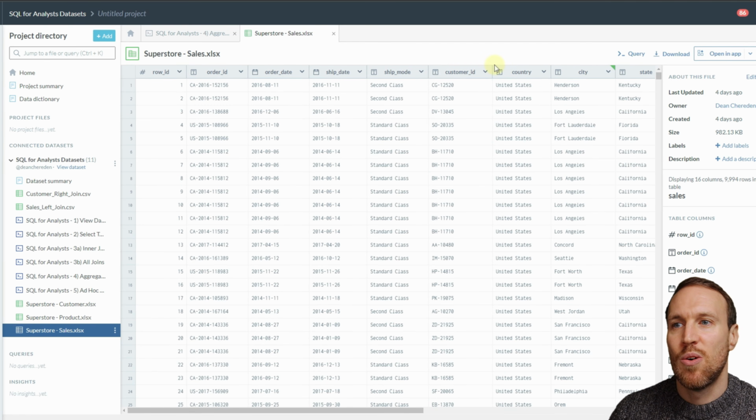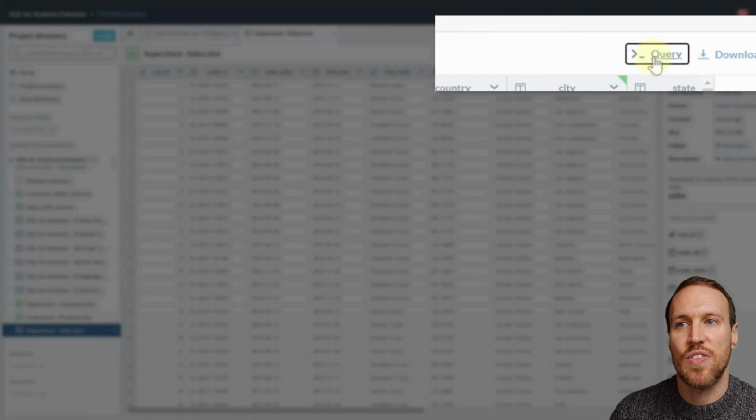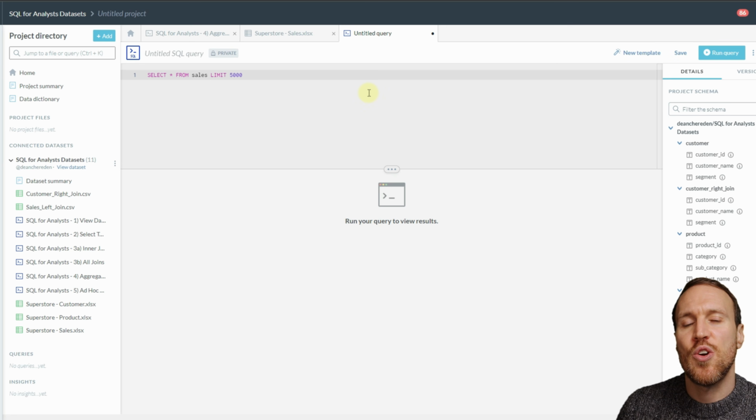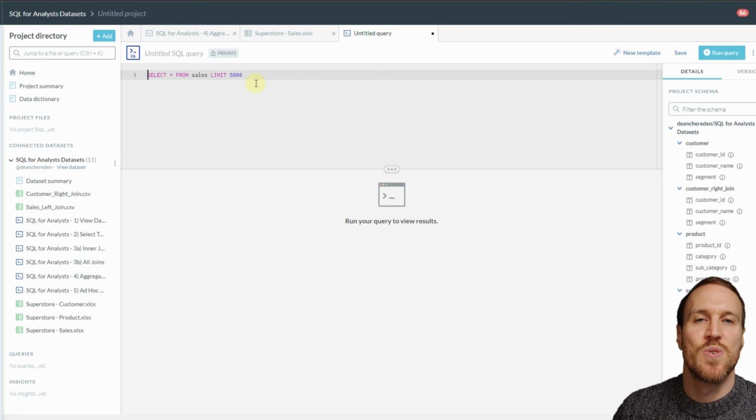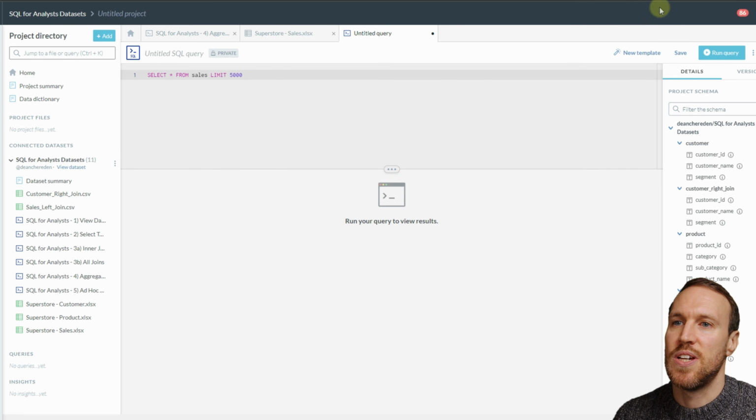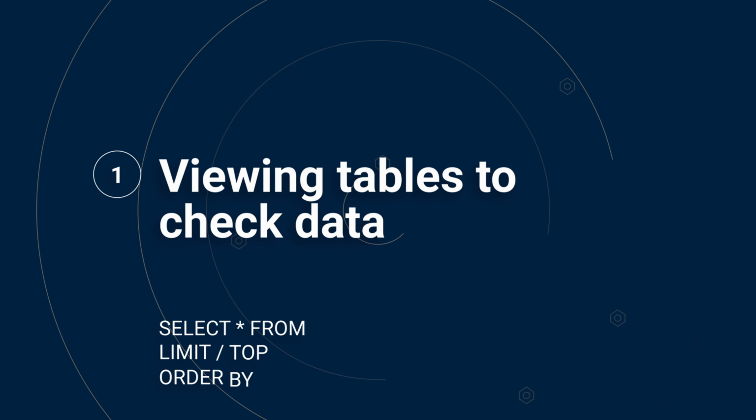But to run a query, you'll see here, we have this little hyperlink called query. If you click on this, this will then take you to the view that you need to start writing your SQL queries. And it's already written one for you. And all it's doing is basically going, can you show me all the columns and limit it to 5,000 rows for the table sales. So all you'd have to do is just run the query with the button here, and you'll see the top 5,000 rows for that particular table, which brings us nicely to the first part, which is